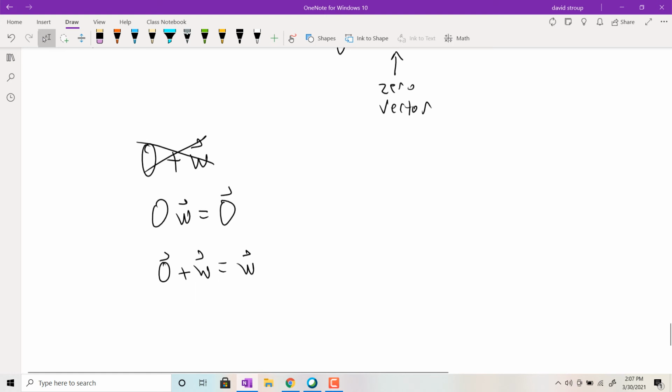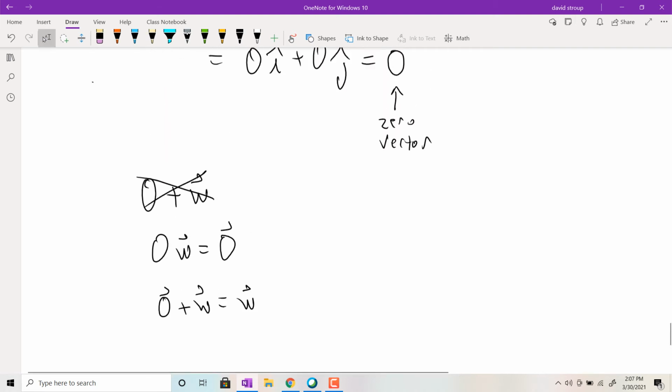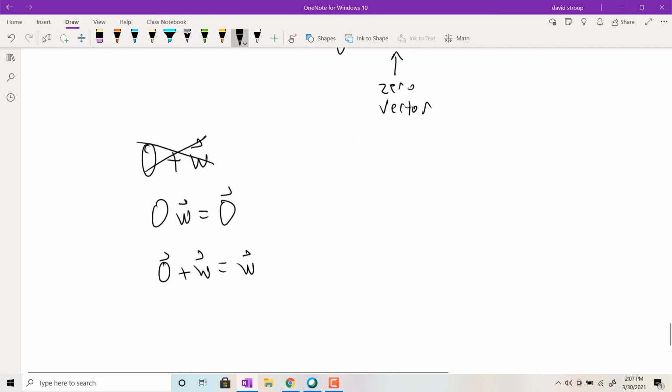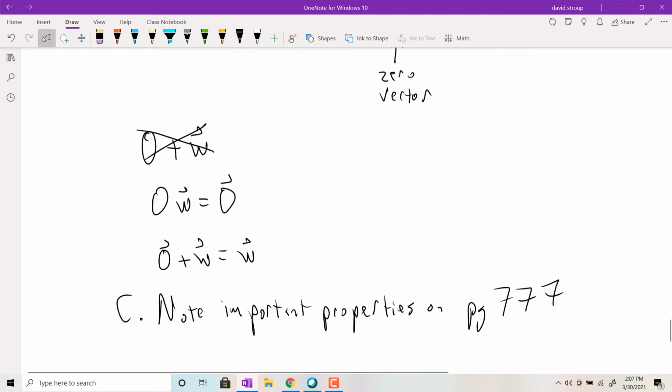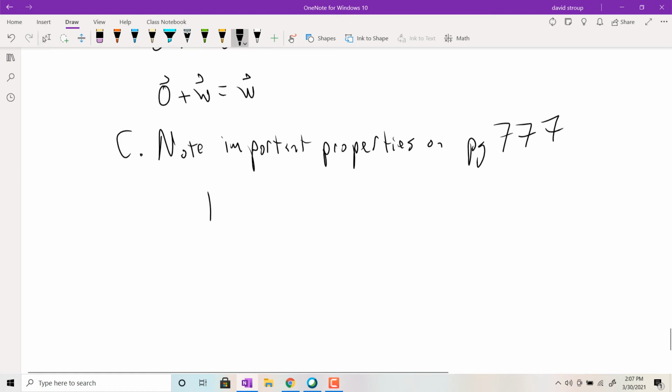So there's a bunch of other properties on page 777. There's a ton of other weird properties of this vector universe. So I just want you to note those and talk about one of them. So note important properties on page 777. One of the properties is this fact, that if you have a constant or a scalar,